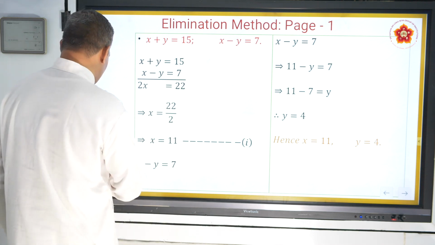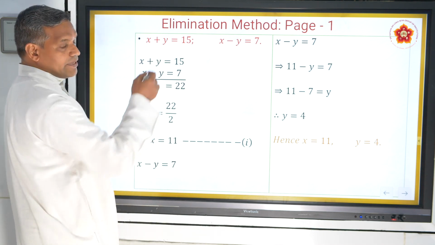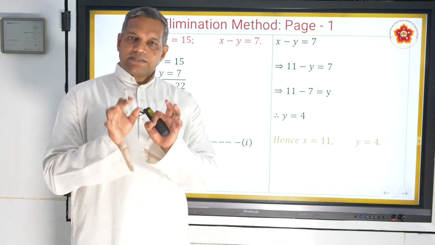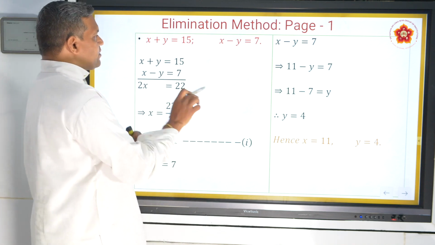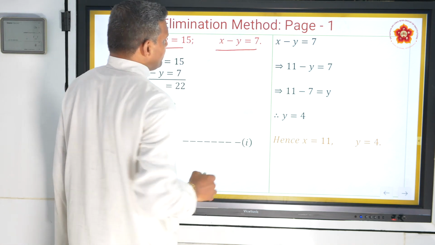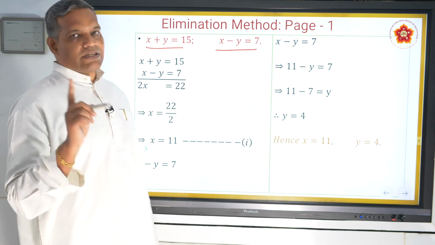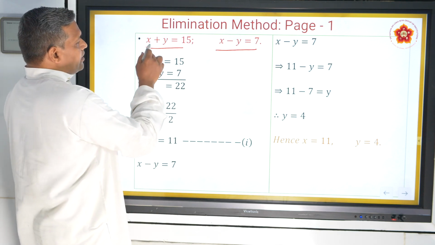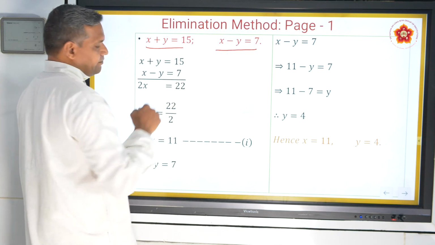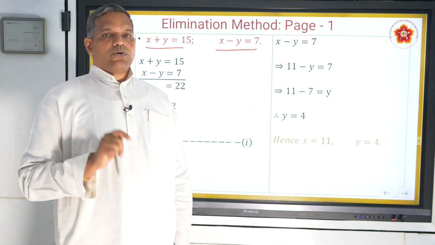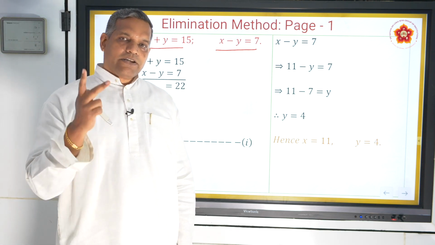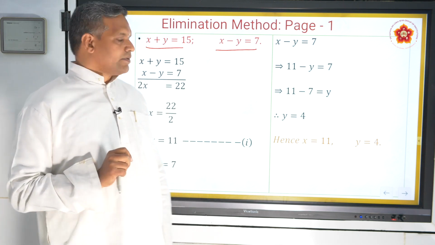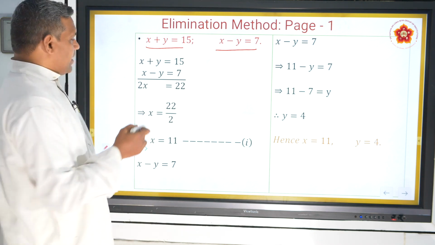So let's take the equation. So simple. Once again you observe, my pattern of taking the first sum is always very easy, so that you can catch it at first look. So the equations go x plus y is 15, x minus y is 7. Simplest equations. First don't focus on the toughness of the sum, but focus on the concept of what method it is. So I'll write one over another. x plus y is 15, x minus y is equal to 7. Here you have two options, you know, from 9th standard itself. Either you use the addition technique or the subtraction technique, but eliminate one of the variables. Guess what is easy here? Addition. So I'll take addition here.